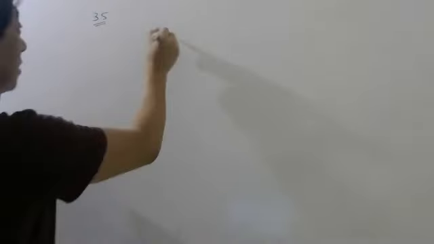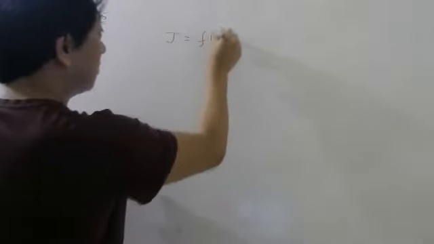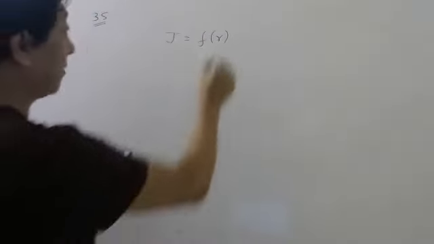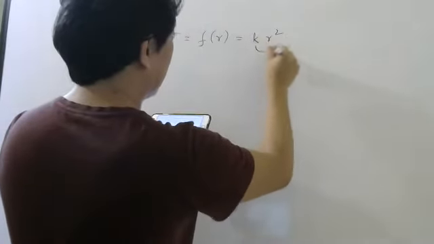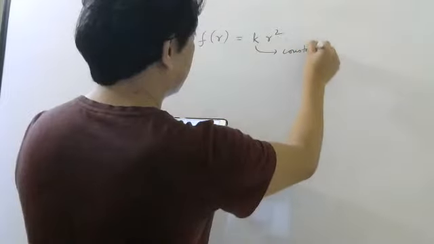Okay, last question we will do, question number 35. Listen carefully. If the current density in a linear conductor of radius A varies with R. What is R? They should say R is the distance of a point from the axis of the conductor. So this time, students, current density is not a constant. It is a function of distance from the center. R is the distance from the center. And that is given to be K R square, where K is some constant.